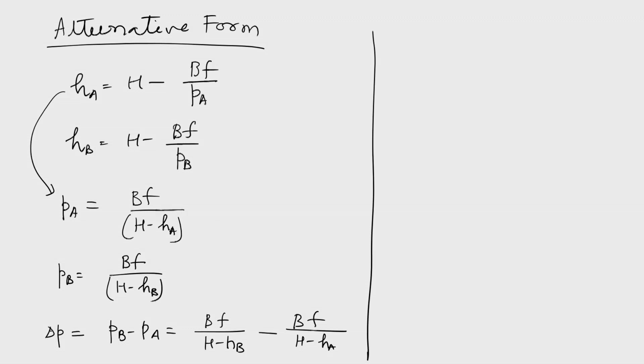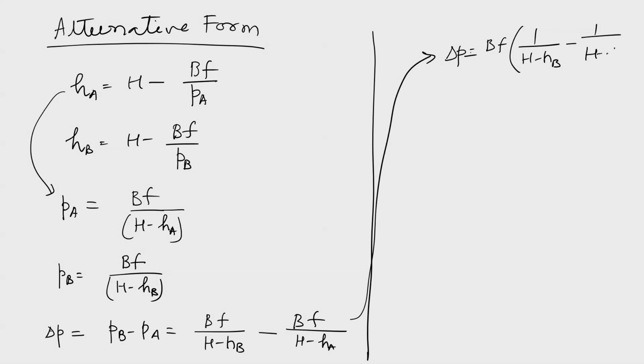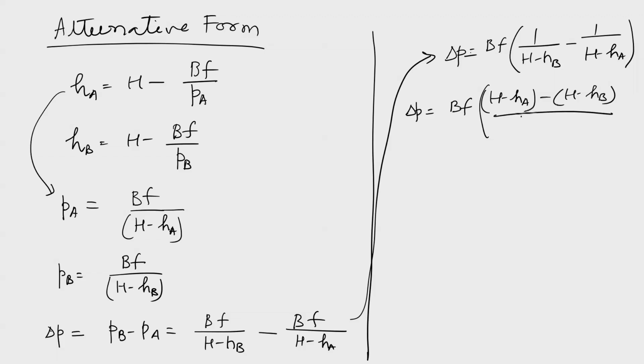So, from here again I am writing that delta P is equal to BF into 1 upon H minus HB minus 1 upon H minus HA, or delta P is equal to, I am doing simple mathematics, nothing special, H minus HA minus H minus HB divided by H minus HB into H minus HA,